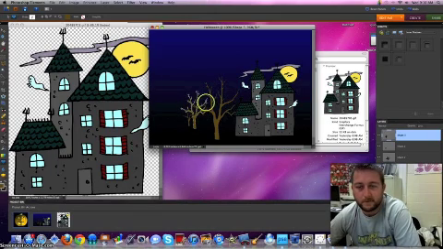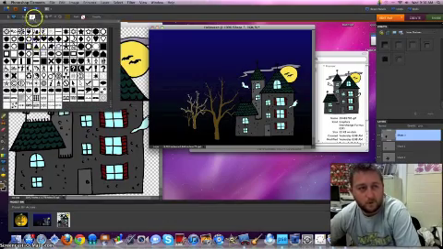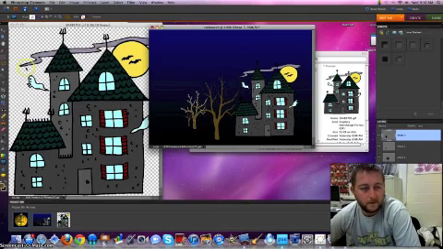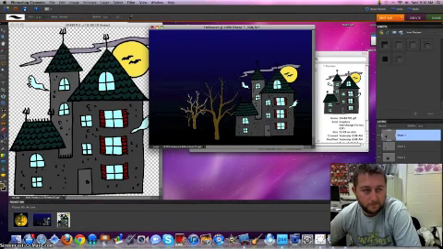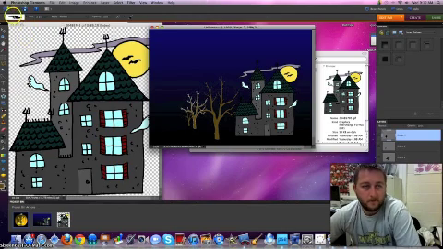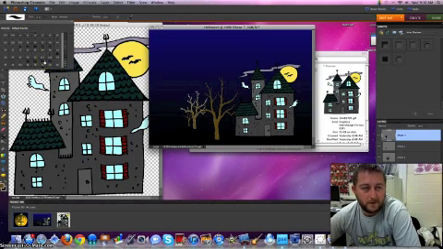dead-looking trees there. Next thing I'm going to teach you how to do, by the way, you could do any other of these custom shapes that make sense for what you want your picture to look like. Next thing I'm going to teach you about is the paintbrush tool, and we're going to use it in a little different way than you've used in the past. So we're going to go to the paintbrush tool. We go up here to the styles of brushes. Right now we're in default. If you open that up and you scroll down some,